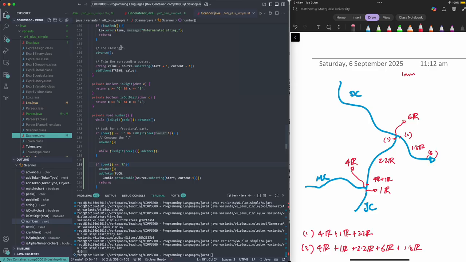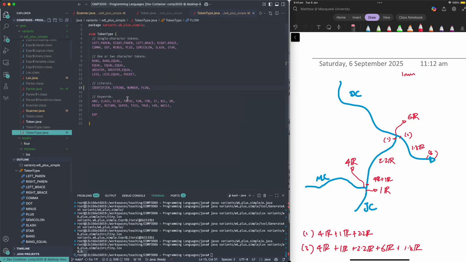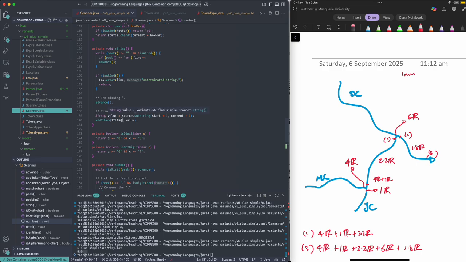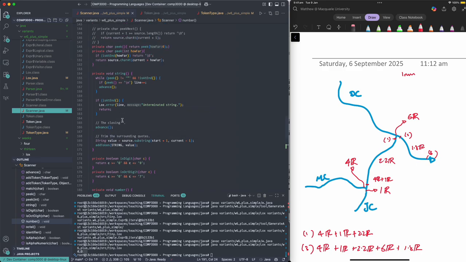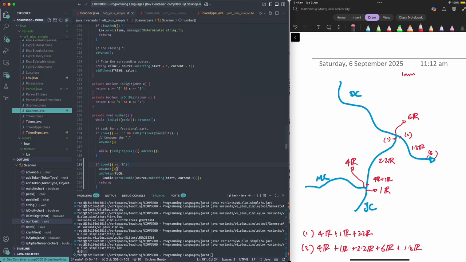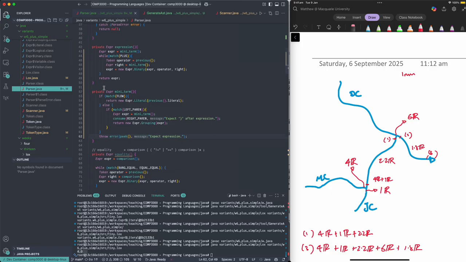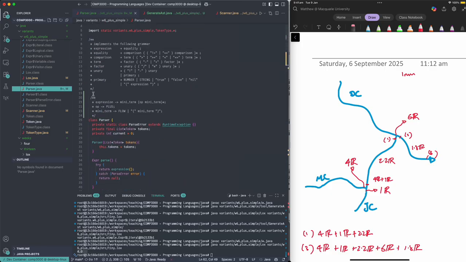When I scanned, I made a whole new thing called a flow that was going to act just like a number. And in my scanner, when I got to trying to do numbers, if I found an extra R, I would scan it as a flow and then keep track of the number that was attached to that flow. Then when I came over to my parser, remember this thing above is the old parser, this thing is my new parser for my language. I was parsing flows,